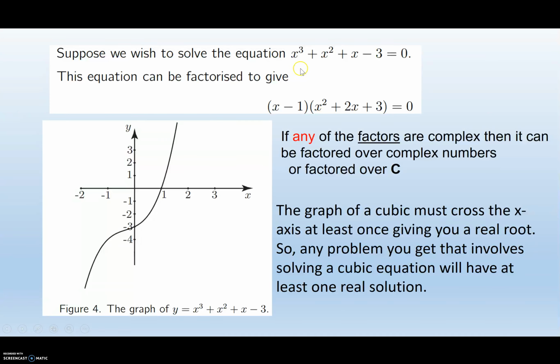Suppose we consider the equation x cubed plus x squared plus x minus 3 equals 0. If we factorize, we will get x minus 1 and a quadratic equation x squared plus 2x plus 3. So we know that this cubic function is definitely passing through at 1, and the quadratic is not easy to factorize, so it must be factorized over complex numbers, which means the other two roots are